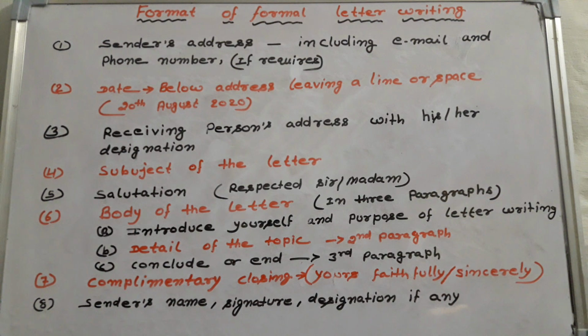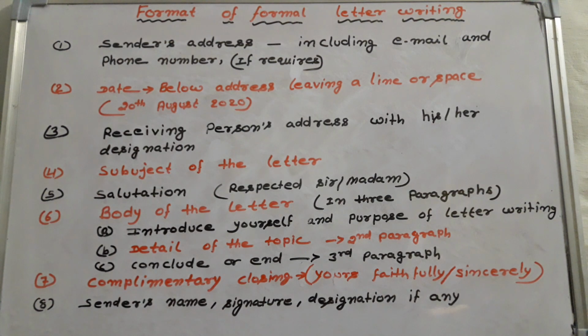और एक चीज़ जान लें, पॉइंट फोर और पॉइंट फाइव अपने प्लेस को एक्सचेंज कर सकते हैं, यानी आप सैल्यूटेशन के बाद सब्जेक्ट लिख सकते हैं या पहले सब्जेक्ट लिखने के बाद सैल्यूटेशन लिखते हैं, तो दोनों ही फॉर्मेट सही होते हैं। तो आप कहीं पर पाएंगे कि सैल्यूटेशन के बाद सब्जेक्ट लिखा हुआ है, और मैंने इस वीडियो में बताया कि सैल्यूटेशन से ऊपर सब्जेक्ट लिखना, तो इसमें कन्फ्यूज नहीं होना है। आप कहीं भी सैल्यूटेशन और सब्जेक्ट को पॉइंट कर सकते हैं।